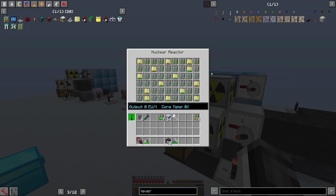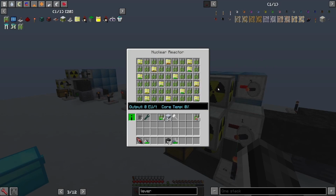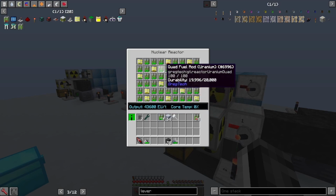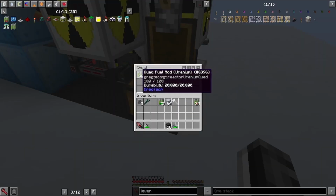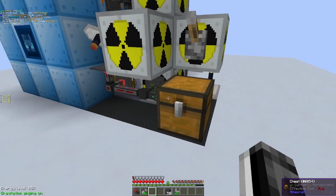There we go, they're all depleted. They are getting extracted, getting inputted. The coolant cells are frozen, they aren't getting moved around at all. All the fuel rods are in now, all fully replaced the depleted ones, and now the reactor is running again. And the depleted fuel rods ended up here with the non-depleted ones still ready for the next time that the